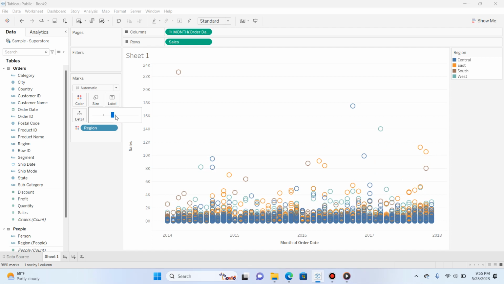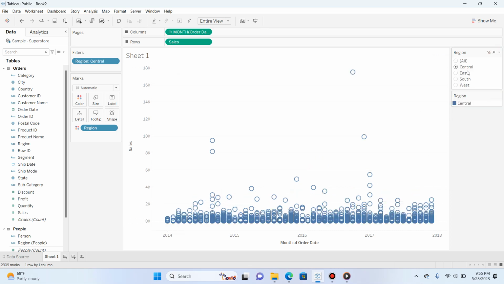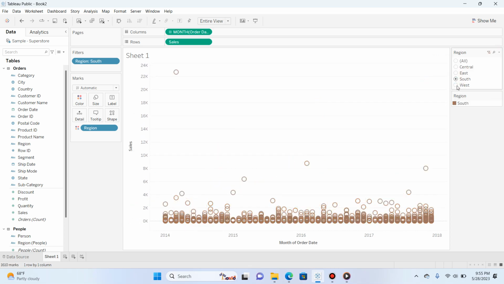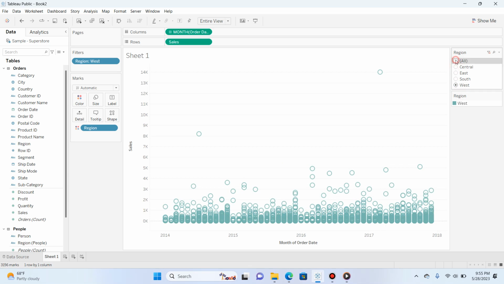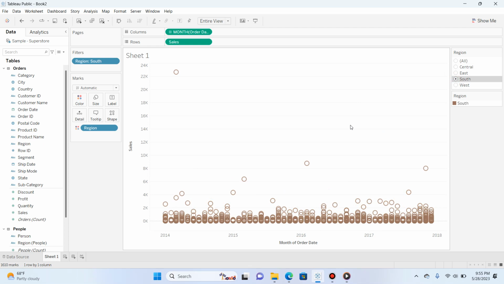I don't know what's an easy one there, but then you can always change your view to fit to height, standard, or entire view. And there are lots of things you can do there, but a lot of people forget about their filters. So maybe they want to filter something out, you can click show filter. That's going to allow people to edit that. And you can go to the drop down here and have people click, see those regions or see all. So very cool, very quick, where you can see those values change,